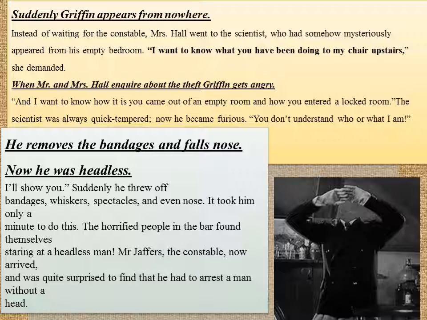As he threw away more and more of his clothes, he became more and more invisible, and finally, after Griffin removed his shirt, he was nowhere to be seen, and Jeffers was struggling to arrest a man who had become completely invisible. People who tried helping Jeffers were also struggling as they were hit by blows from nowhere. As Jeffers made his last attempt to catch hold of the invisible man, he was knocked unconscious. Everybody was shouting, "Hold on, hold him," repeatedly, but Griffin had set himself free from them and nobody could understand how to catch him.